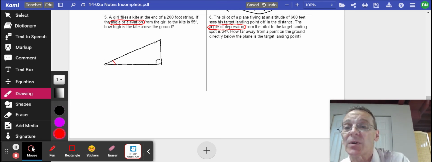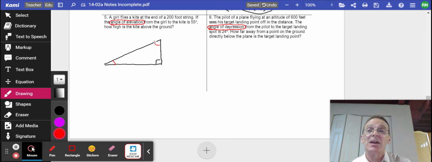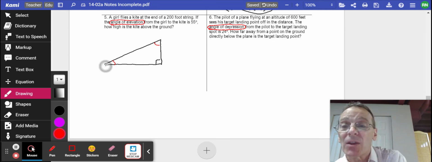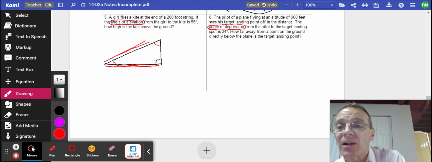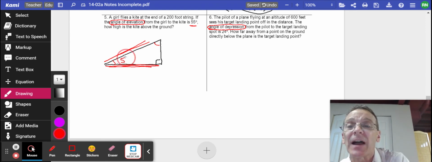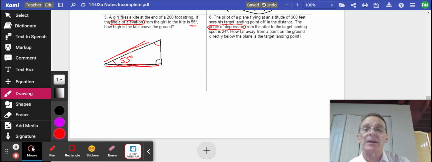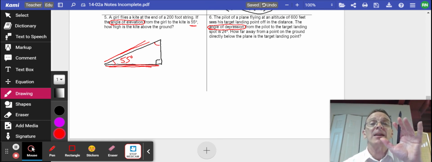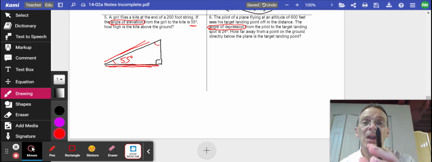There's one down here and there's one up there. Both of those are acute angles. But the only acute angle made with the horizontal line is that angle in the lower left corner. That's the angle that we're being told is 55 degrees. Okay. I like to get my triangle drawn correctly and the angle placed properly before I put anything else in